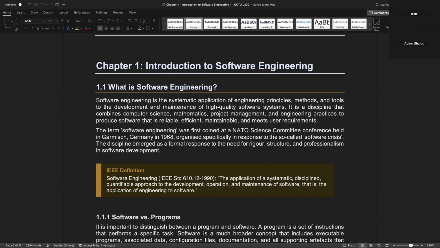Because at that time, development of hardware systems were not standardized. So which means that when things are not standardized, then definitely chaos will be what? The end goal. So they actually met to discuss what they see, like people not having a concrete way of developing software application, which they call the software crisis. So this meeting actually came out that we need to have a formal response to the need for a rigor, structure, and